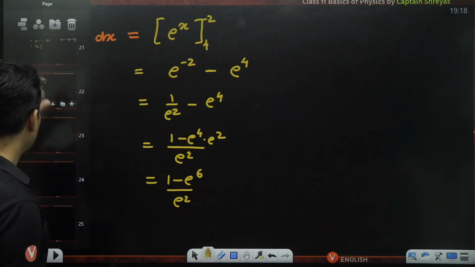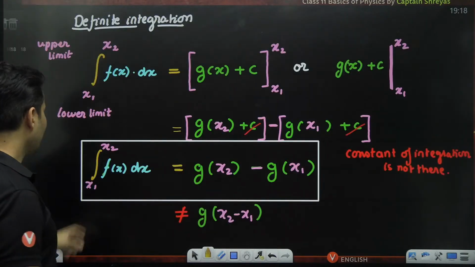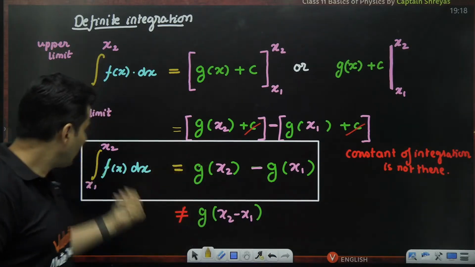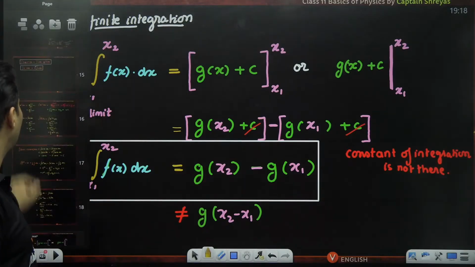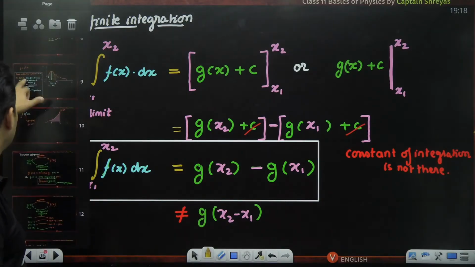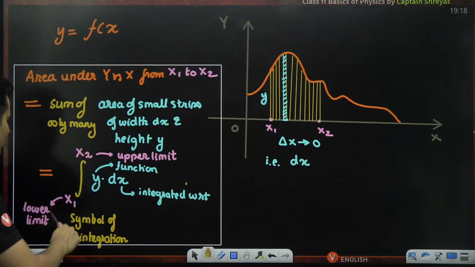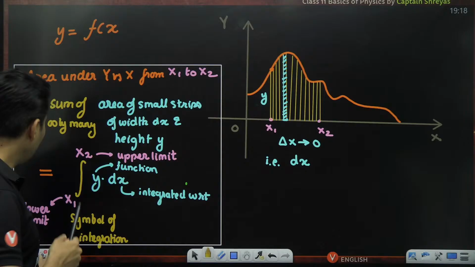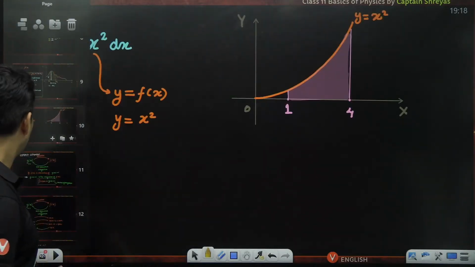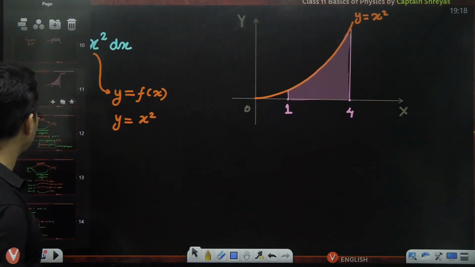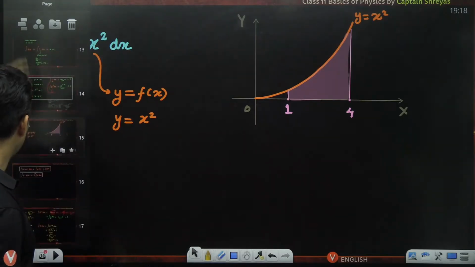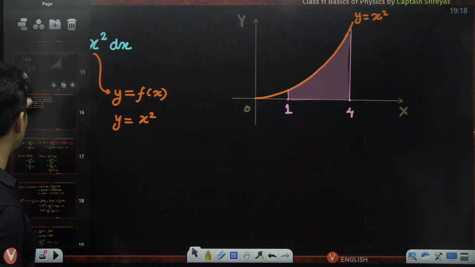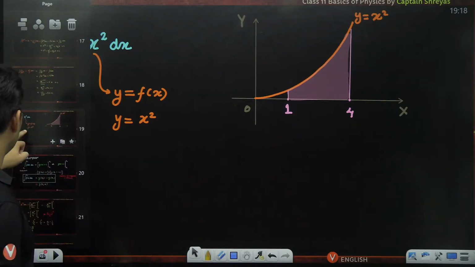Sir, we are doing this definite integration, but I vaguely remember that when we started the class, you told us that when you have these limits, it is basically the area under the curve. Yes, exactly. Whenever you have these limits, lower limit and upper limit, that is the area under the curve. And you gave that example and we said that it represents the area under the curve. So can we now exactly find out what the area under this curve is? The answer is yes. Let's find out how much it is.